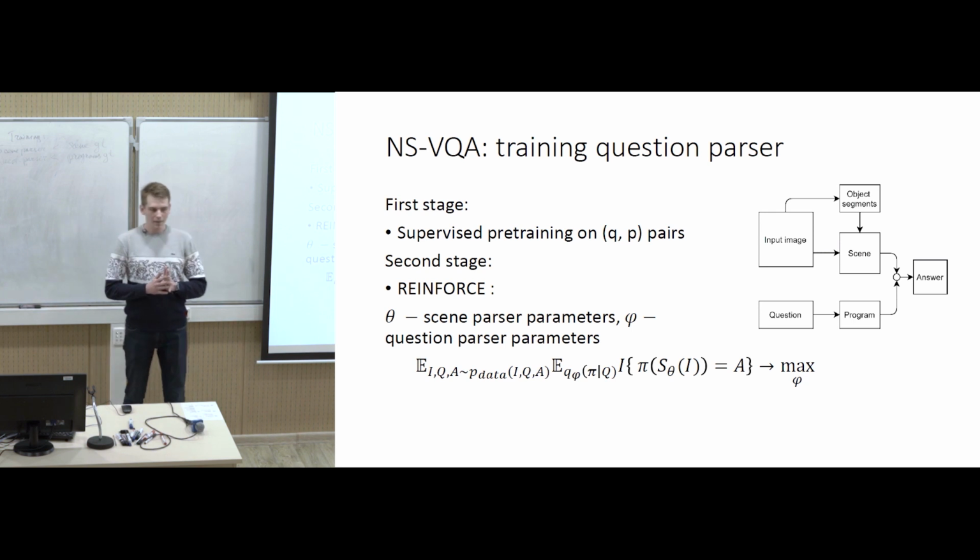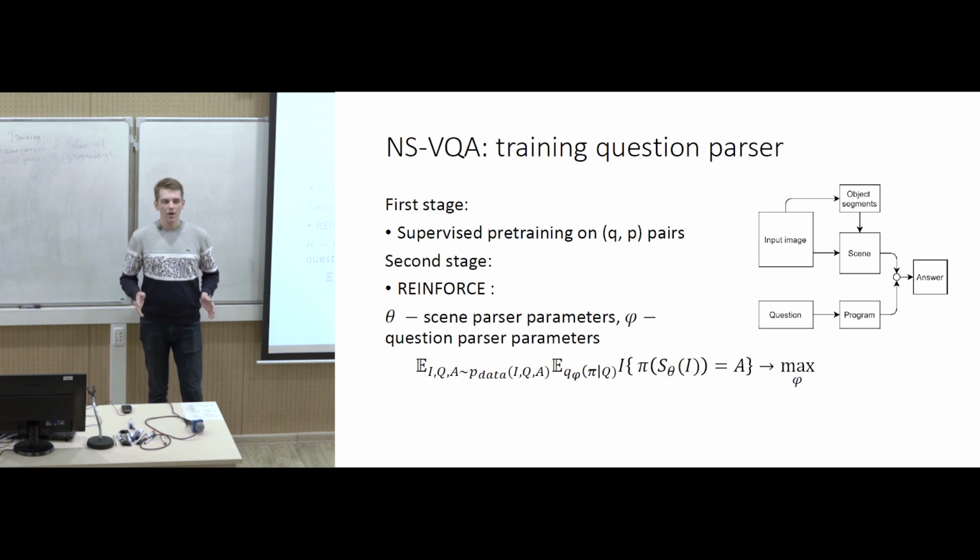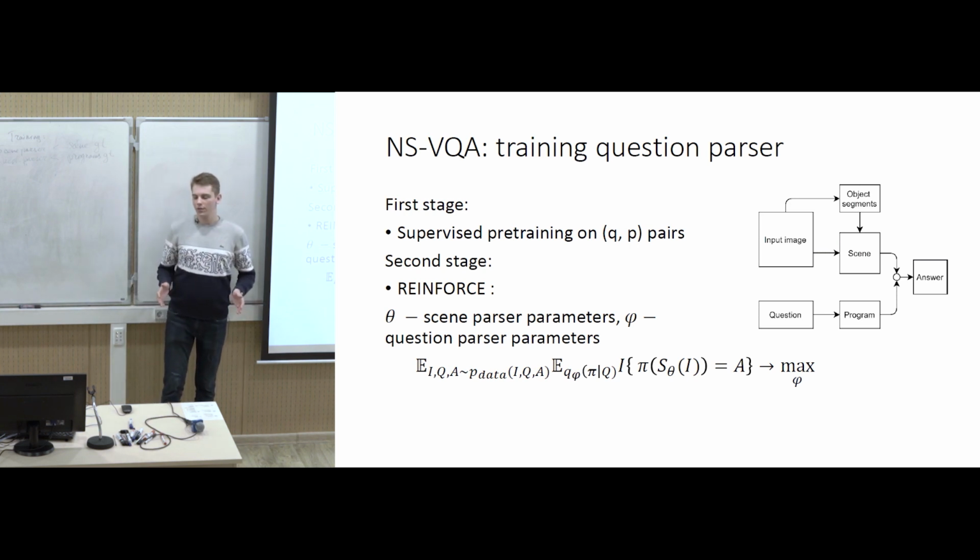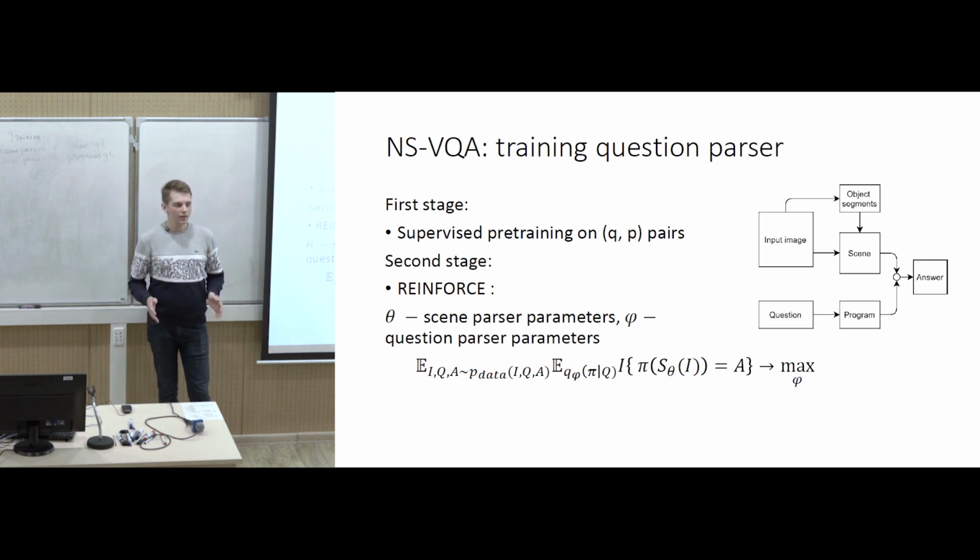generator. So going from this question to describing the training procedure, the first stage is supervised pre-training on question-program pairs. And what is really interesting about it is that it actually does not require a lot of programs. So we have 90 families of programs, and giving three examples of questions from every family of programs is sufficient for achieving high results. And as for reinforce, we just maximize the probability of